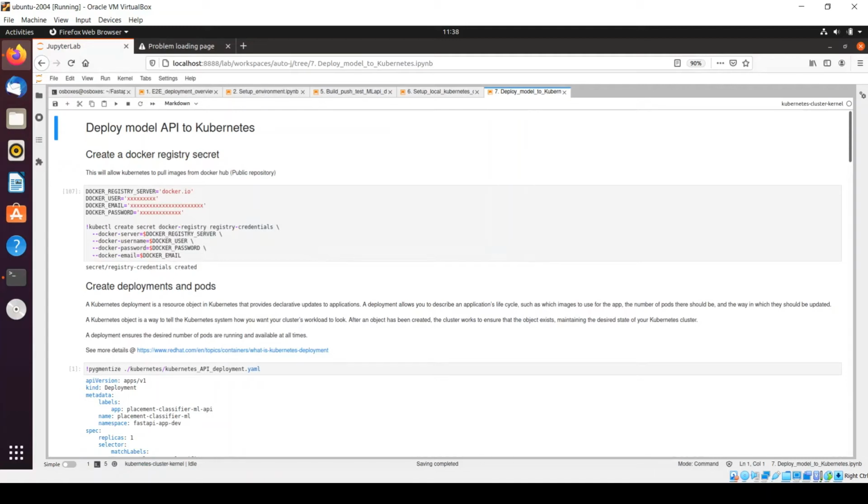In this video, we will deploy a machine learning API on a Kubernetes environment. In the last video, we saw how we can create a small Kubernetes cluster with the help of the Kind tool. And we have also seen how we can create a namespace for machine learning deployment. So in this video, we will take one step ahead and deploy the machine learning API within the Kubernetes environment, in a particular namespace.